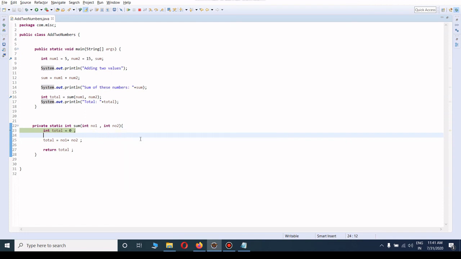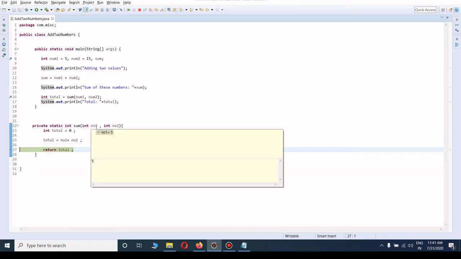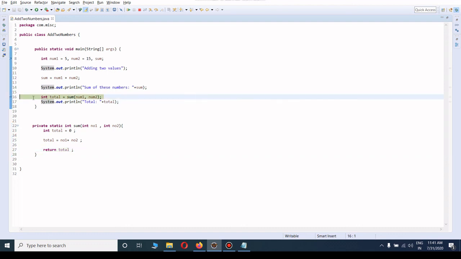When I press F6, it will come to the next line. When I press F6 again, it will go to the return total. So now total is 20. Number 1 and number 2, we add these two numbers and get the result in the total variable. Now we want to return it to the calling function. When I press F6, it will go to line number 16.